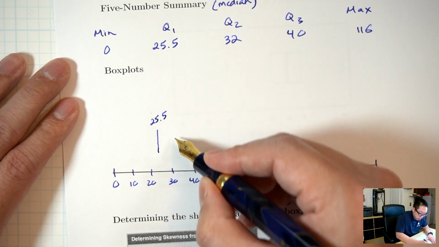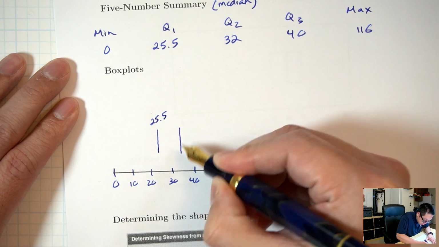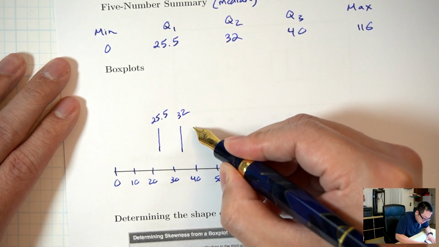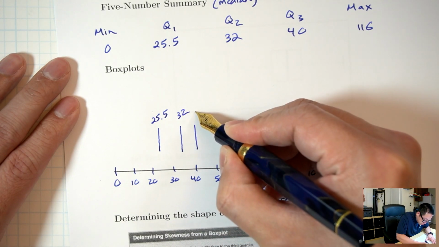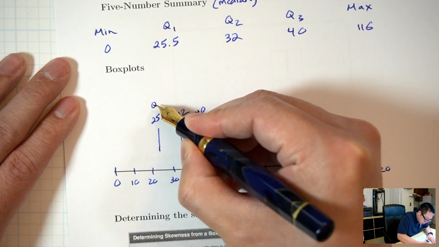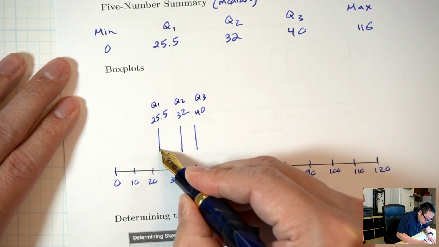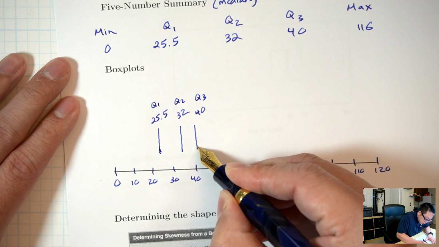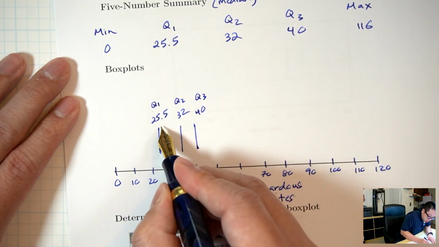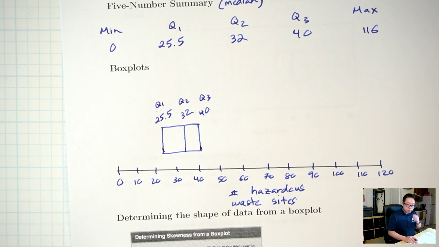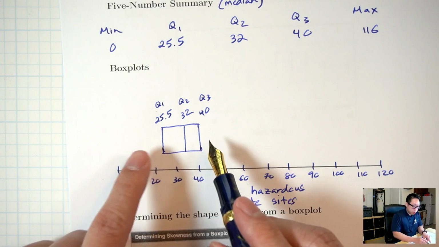Q2, 32 is somewhere here. Q3, 40 is right here. Okay, and that's Q1, Q2, and Q3. And I'm going to make a box out of this. Okay, that's the box part. Sometimes box plots are called box and whisker plots because we're going to draw whiskers that come